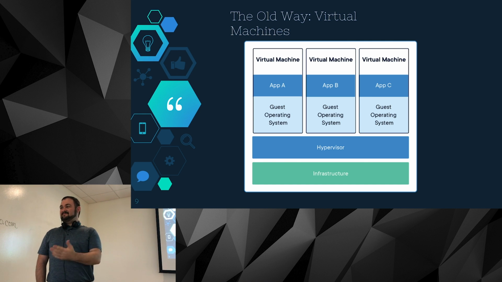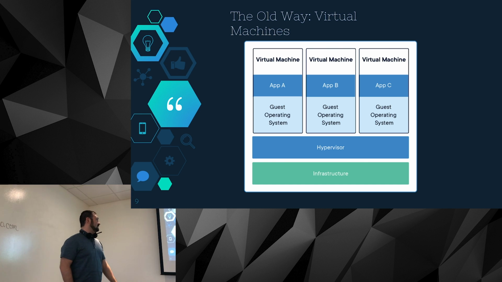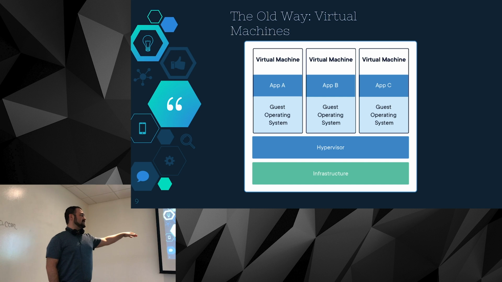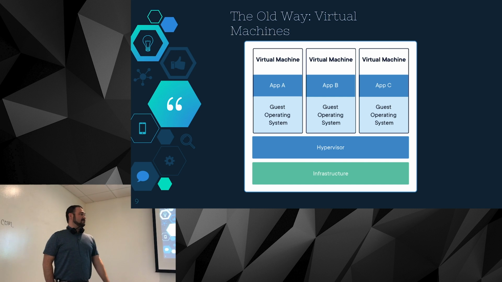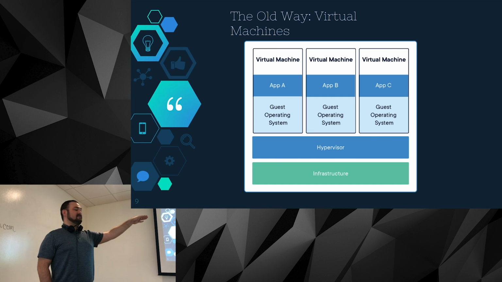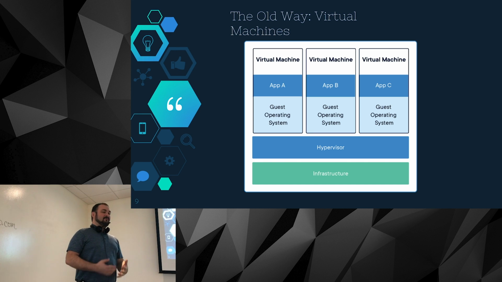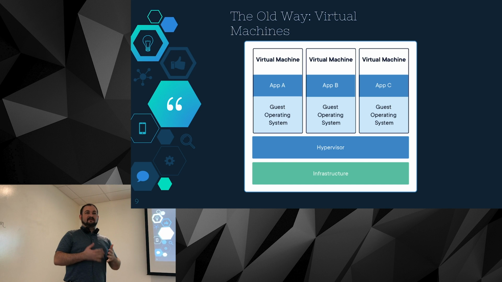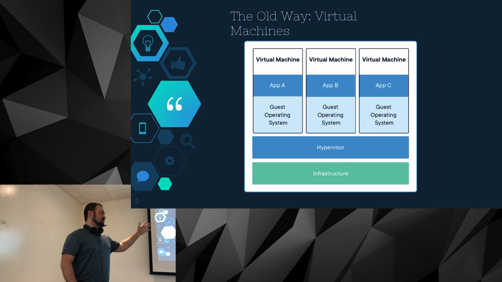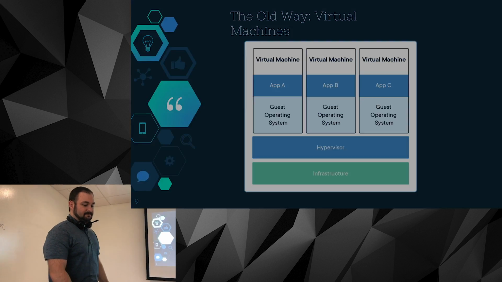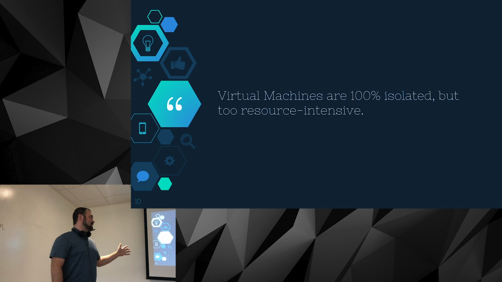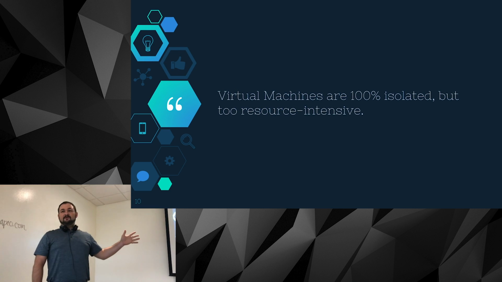There seems to be a prerequisite that the machine should have a hypervisor. So yeah, that is a thing. Docker also uses a hypervisor on the new version, so they don't really get away from that. But particularly, if you look, we've got the operating system installed on each box. So the entire OS, an entire Linux operating system, and that really isn't that different from each container, from one to the next, or from one virtual machine to the next. So virtual machines are 100% isolated, but they're very resource intensive.